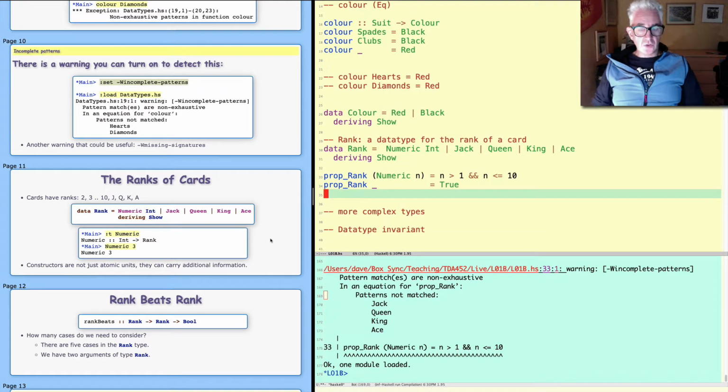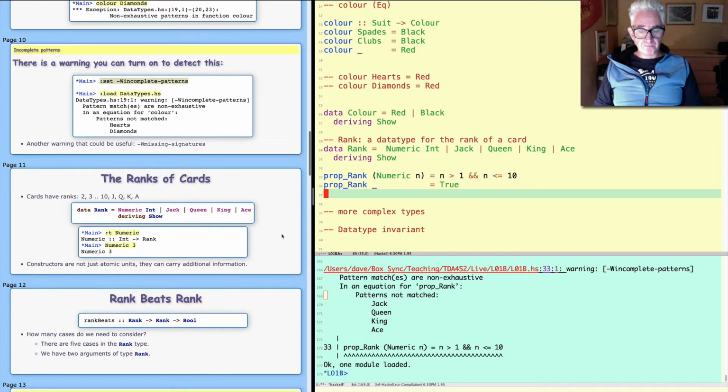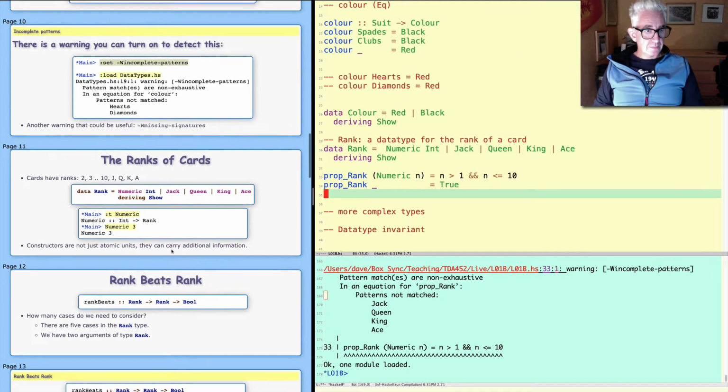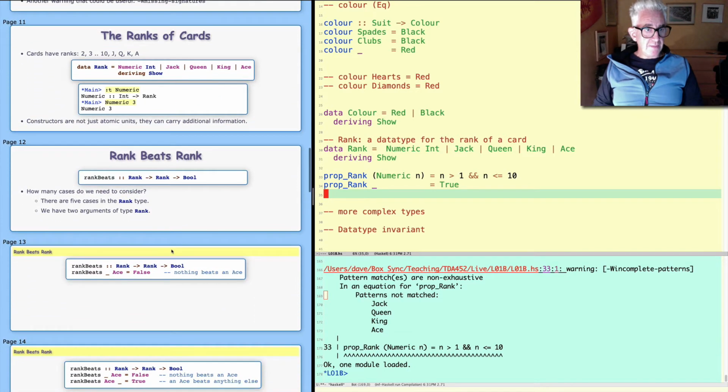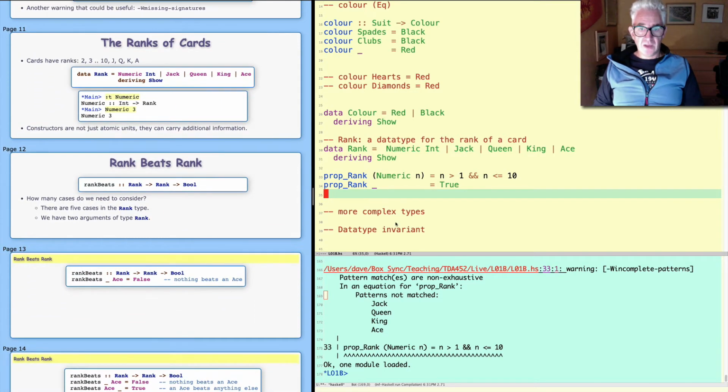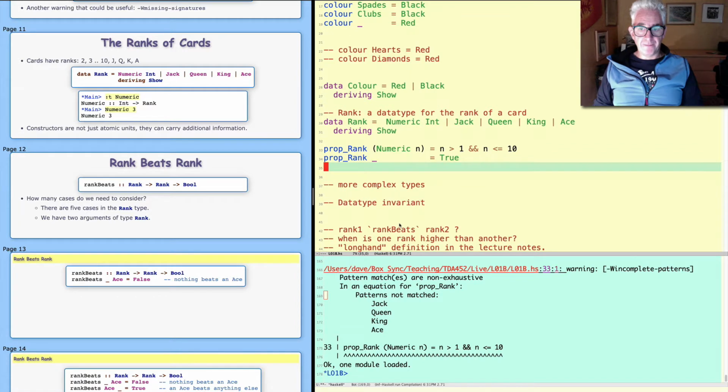Okay, let's talk about another function, namely the rank beats function. When does one rank beat another? So I'm not going to actually type this one out because there's a longhand definition here, which is a kind